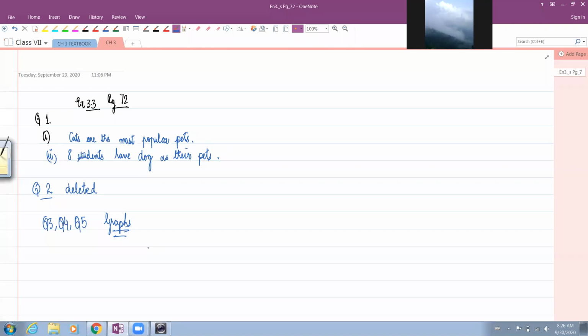There will be questions and answers also. So what we are going to do is we will be making the graph on the graph sheet and we will be writing the answers below that graph if you have space. If you do not have the space, you can write down the questions and answers along with the graph in your notebook. Paste the graph sheet in your copy and on the next page you can write down the answers. For those who do not have a graph sheet, you can do it on your regular copy, but do it with a pencil.